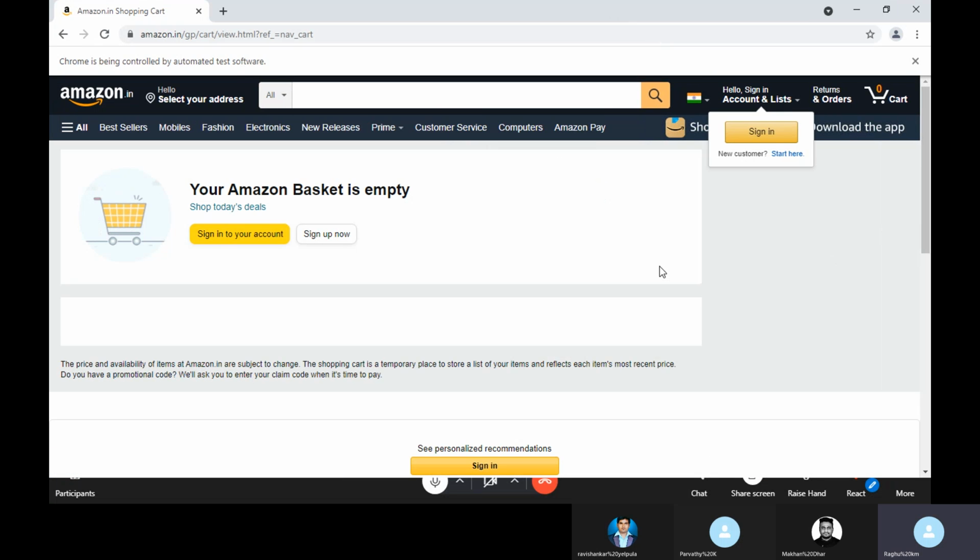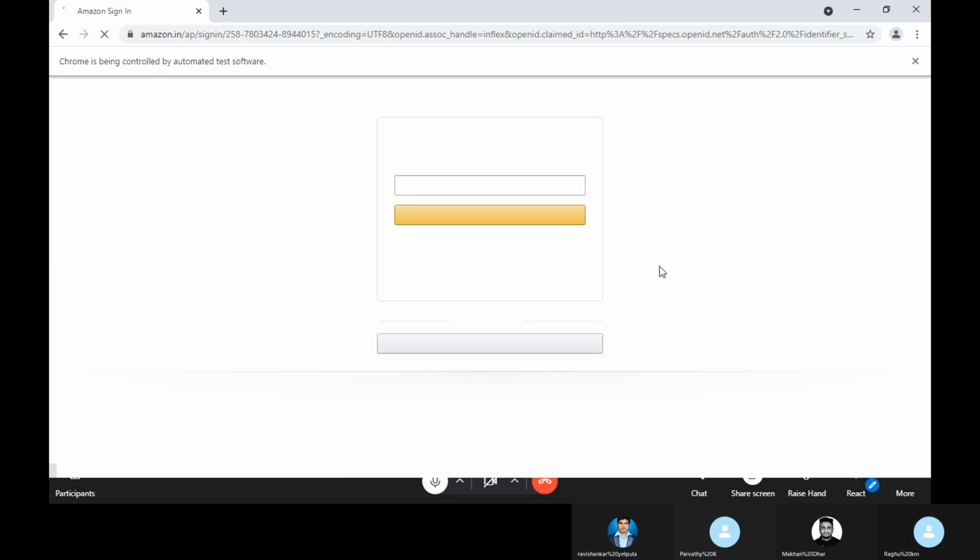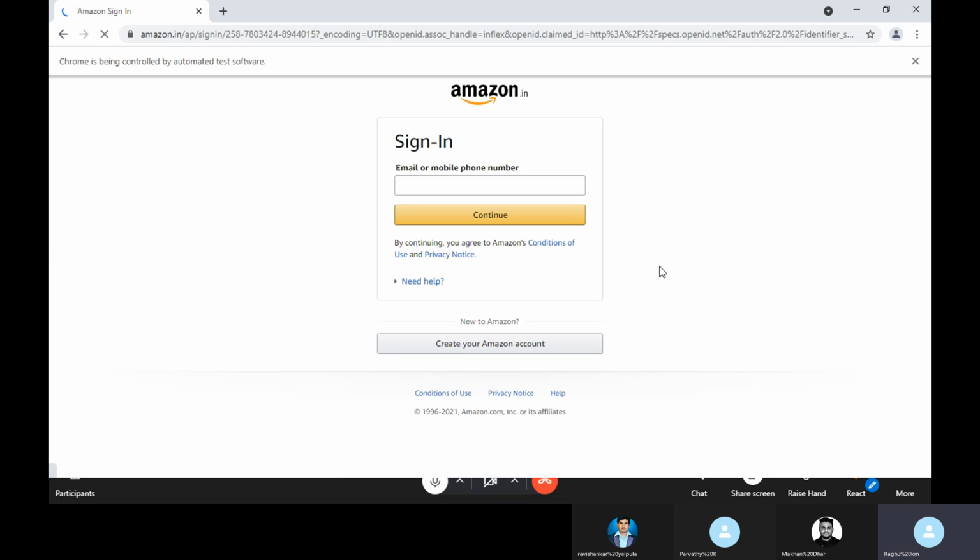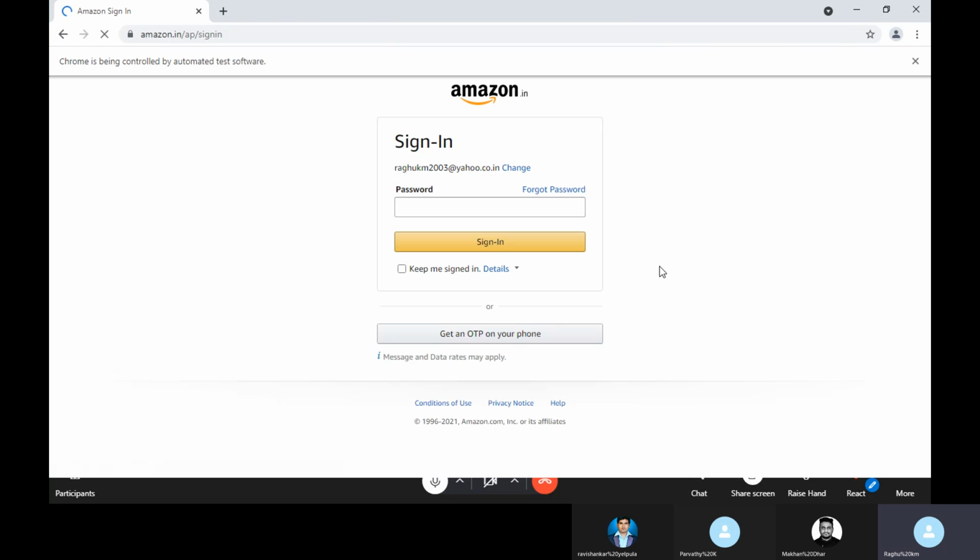My system is a bit slow. It will go and sign into your account. I'll enter my email ID, that is from my system, then continue, and the password.